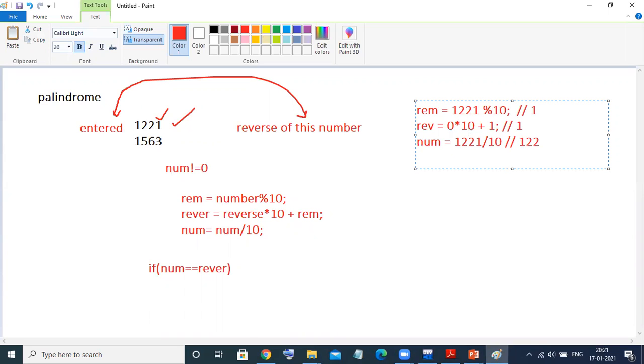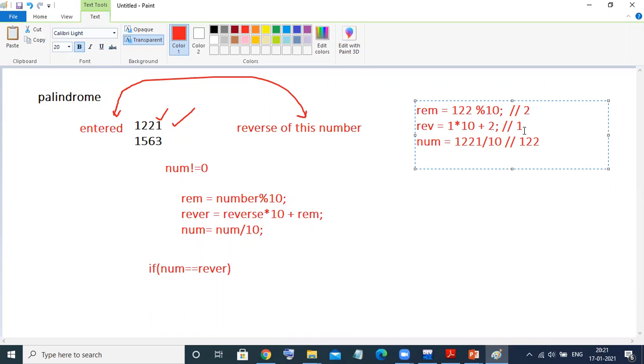Yes, the loop will continue again because this 122 is not equal to 0. Now instead of this it would be 122. So what is the last digit? Now it is 2. The previous value was 1, so this would be 1 into 10, that is 10 plus 2.